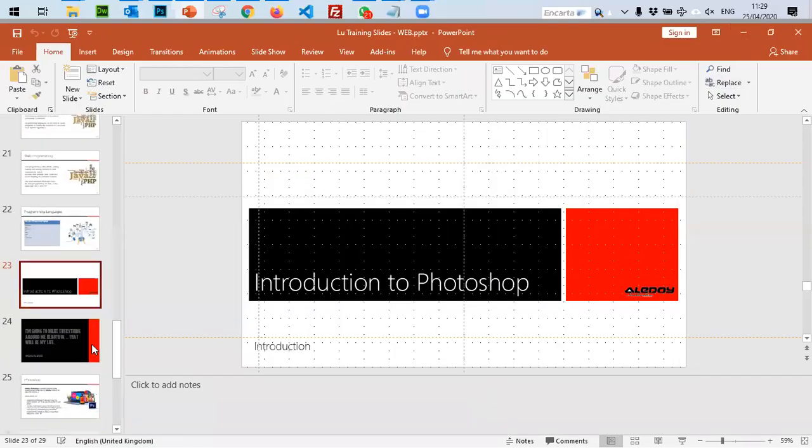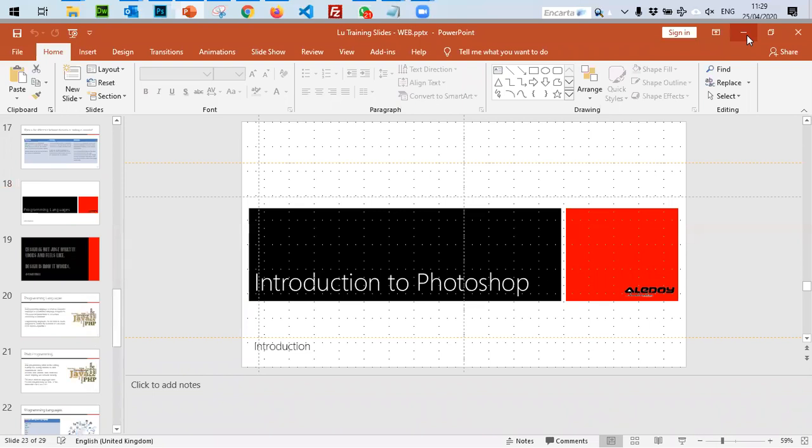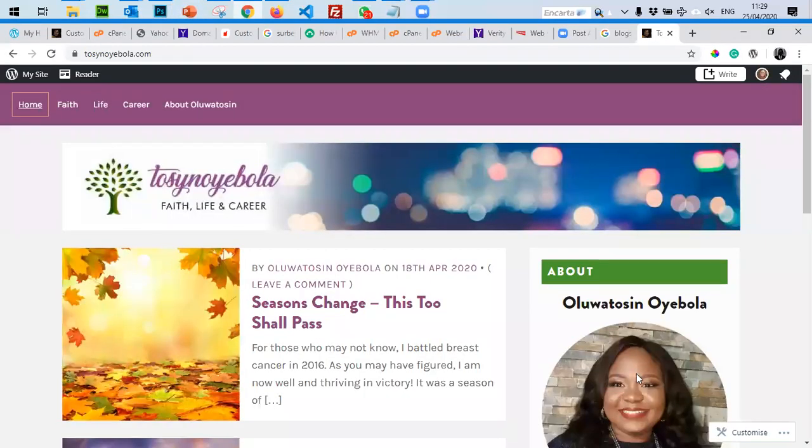Every other thing around these slides is for the proper web design training. That's just to give you an idea of how the website works. Your website needs to be seated on a server for you to achieve all this.